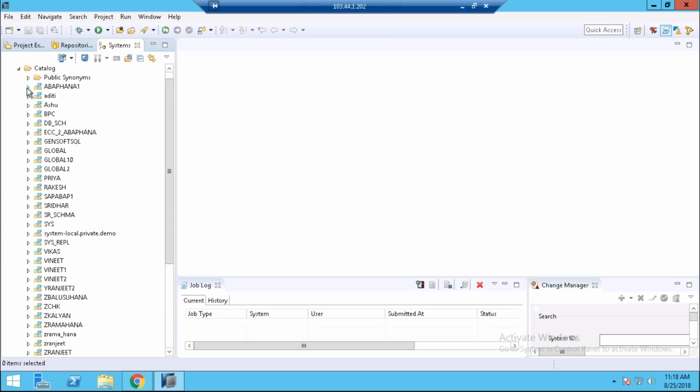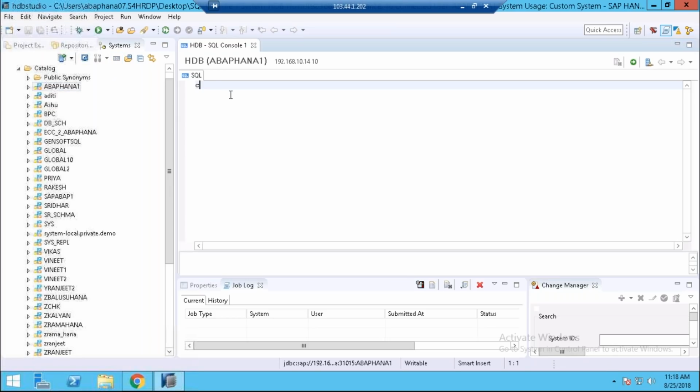Same kind of thing here. During migration of the data from ECC to HANA, first of all the HANA admins need to create this schema, which we can create with the help of the SQL console. Like here we can write our code,